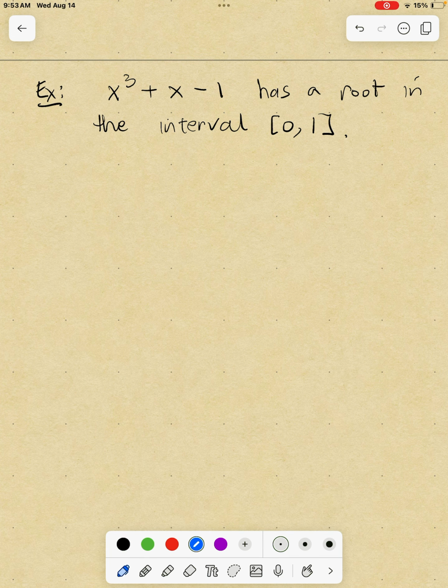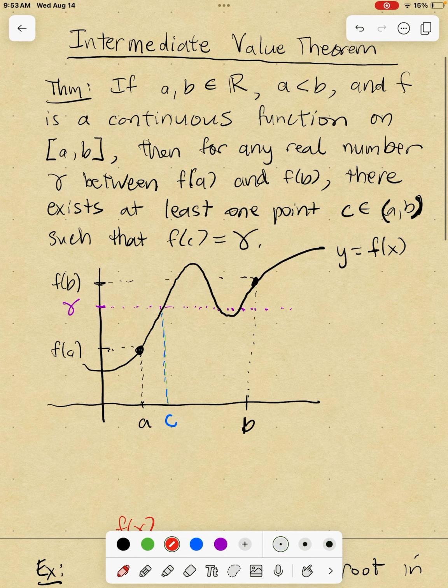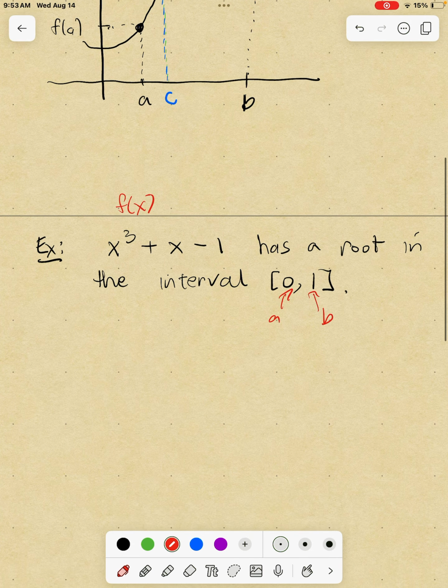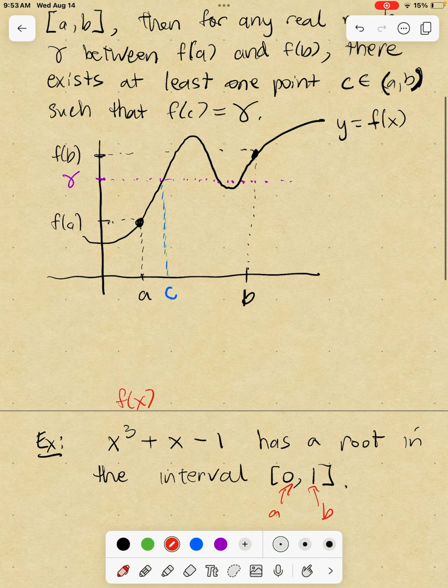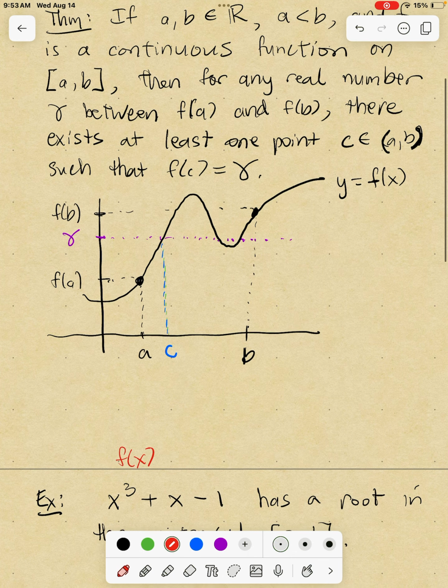Well, we can apply the intermediate value theorem using a equals 0 and b equals 1. And of course, this is going to be your f of x. The intermediate value theorem says a is less than b, and f is a continuous function on the interval from a to b. So why is f continuous? Well, because it's a polynomial, and polynomials are continuous. Then for any real number gamma between f of a and f of b,